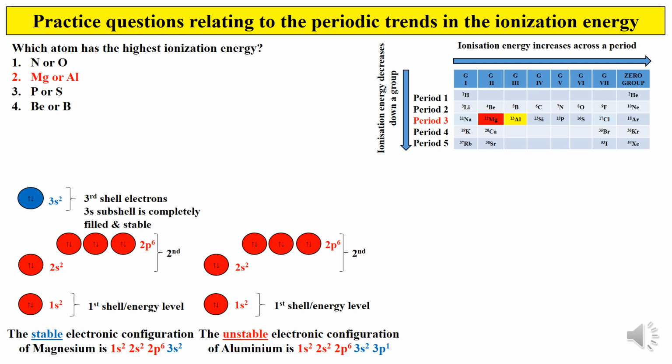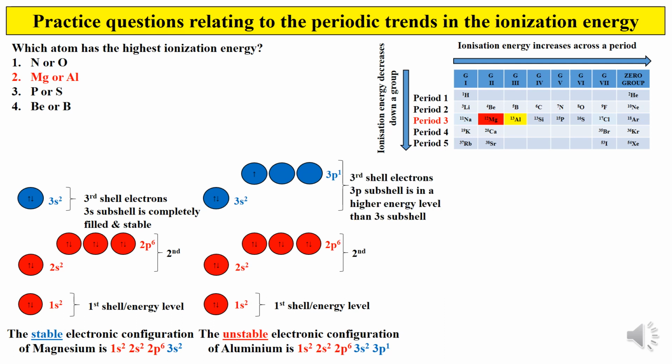Why? Because its outermost 3p orbital is partially filled, in the third shell. Now the 3p subshell is at a higher energy level than the 3s subshell. There are alternative ways of approaching the ionization energy trends in the periodic table. So first, let us take a look from the point of